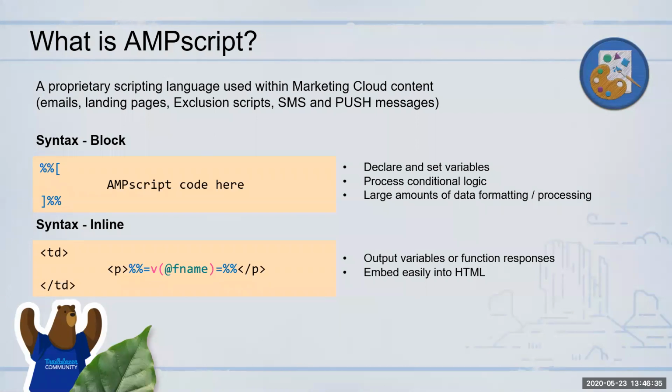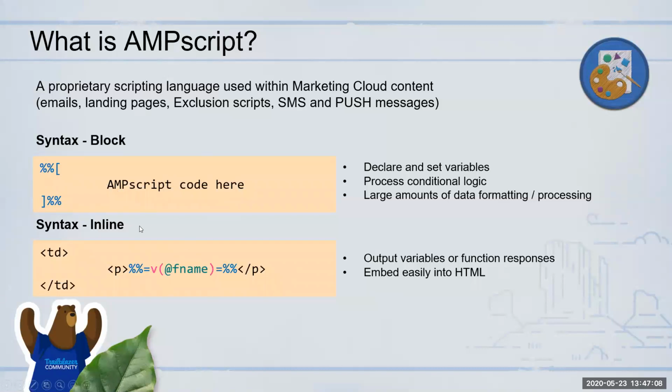Later on, when you actually want to display certain values within the HTML, like this is HTML code, you have a table and I want to display a particular variable over there, or AMP script data which has probably been defined in a block, I can just output it. For that one, it is percentage equal to. This is called inline AMP script. The other one is called block AMP script. You need to know the difference between the two.